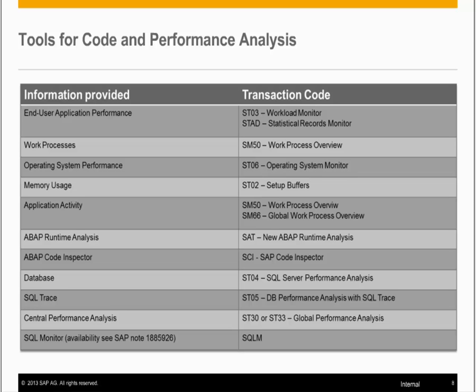For example, you can check the ABAP runtime analysis, or you can use the SAP Code Inspector for doing a static code check. The SAP Code Inspector has been enhanced so that you have some specific SAP HANA checks where you can check whether your coding is optimized for SAP HANA or not. And for example, we have a quite new tool. It's called the SQL Monitor. This has been introduced to analyze specific parts of your applications which are heavily used and which show some potential